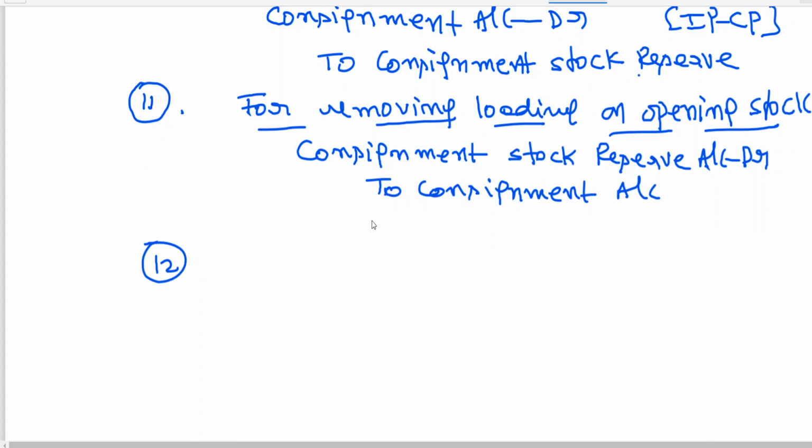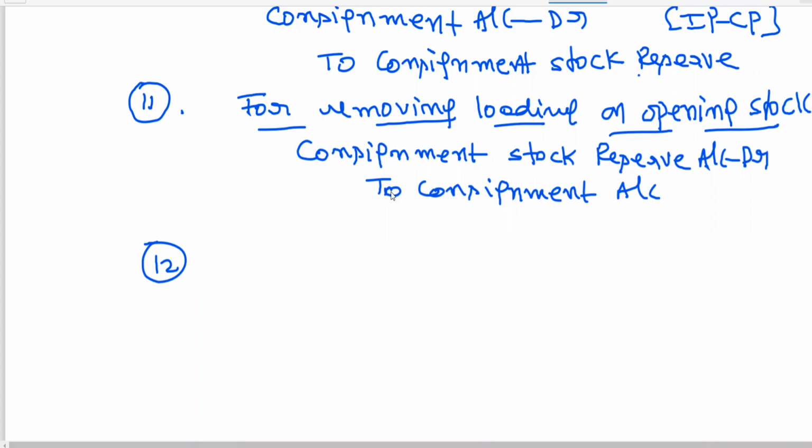Abnormal loss is nothing but, we have learned, goods lost by fire. When goods have been sent by the consignor from Delhi to Hyderabad, goods might have been lost in transit. This is what is called abnormal loss. Or after it reaches the consignee's premises, if a fire accident has occurred, it is called goods lost by fire at the premises of the consignee. So two losses you will be having here: goods lost in transit, and goods lost in fire at the premises of the consignee. These are all called abnormal loss.